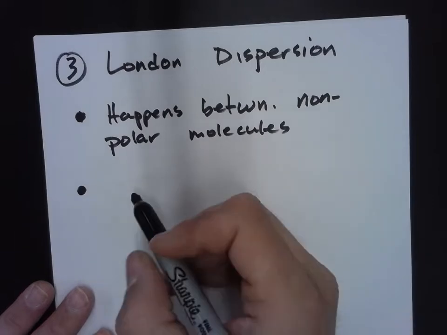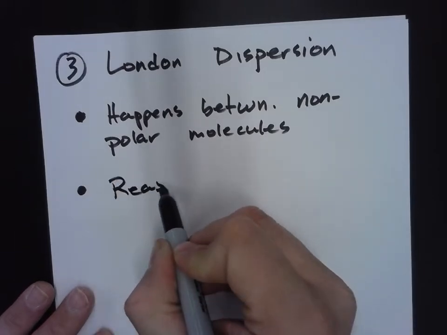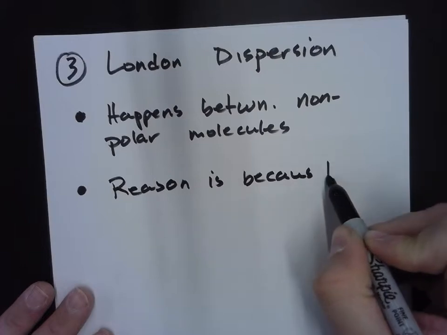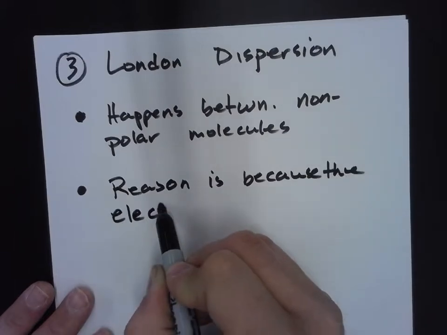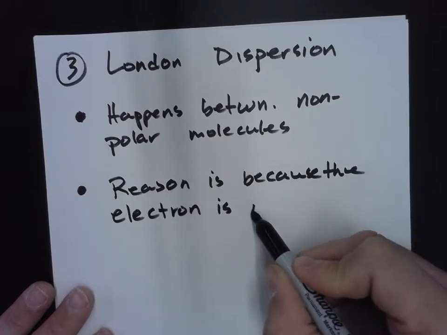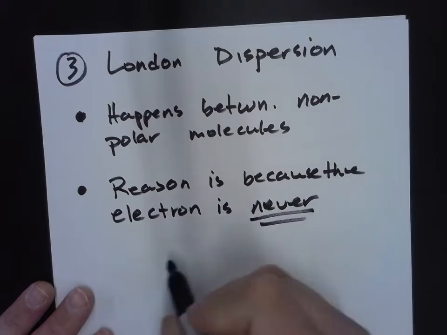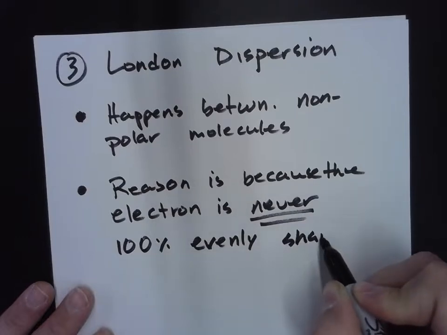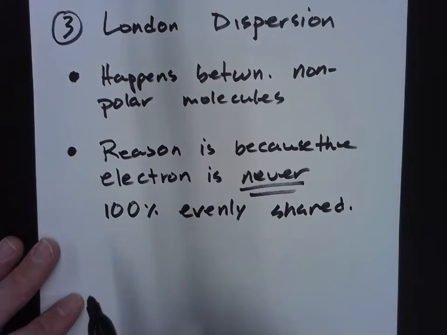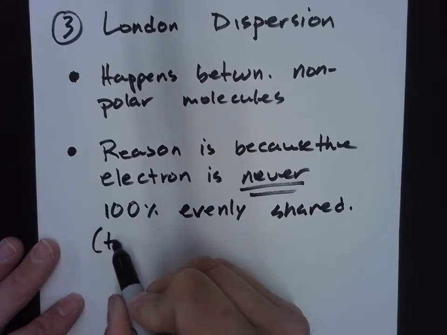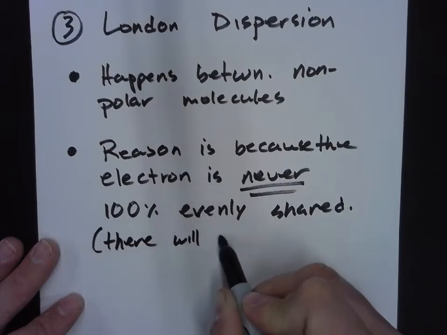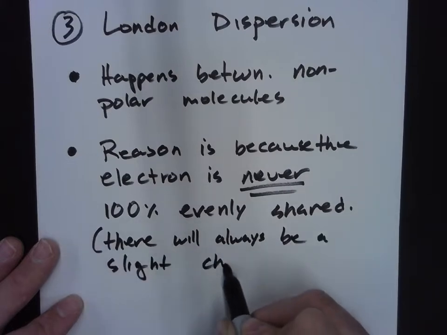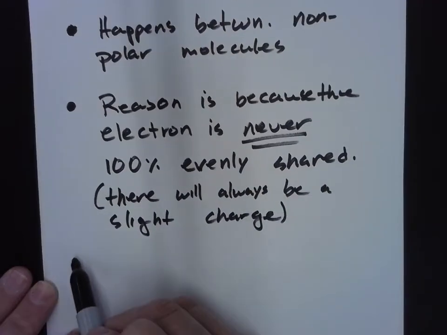So the reason is because it's never 100% evenly shared. There's always a little charge. Okay, so some examples of these include